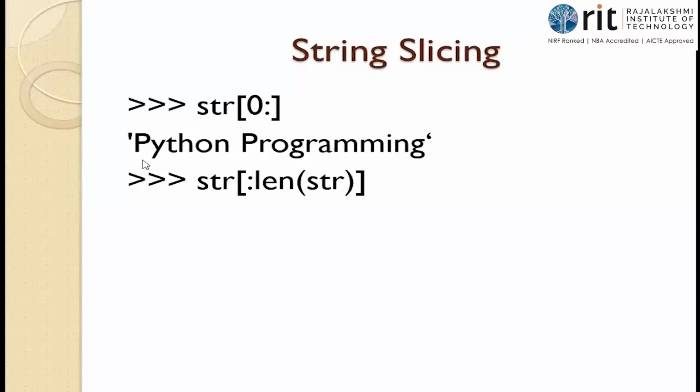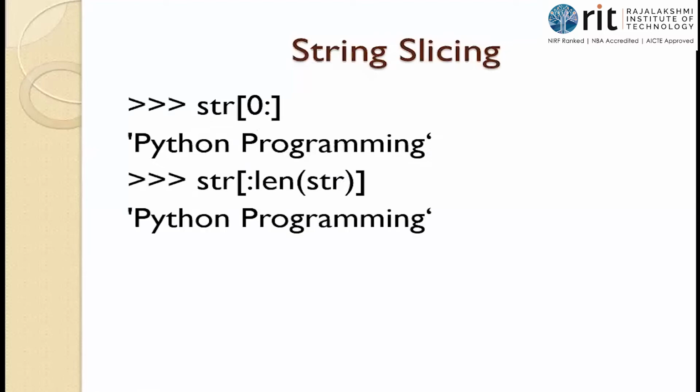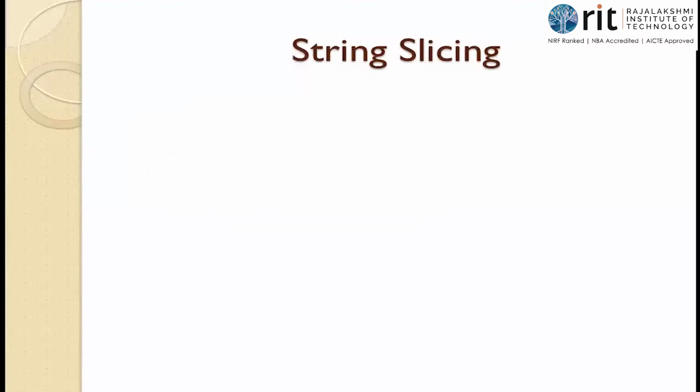Calculate if you want: 0, 1, 2, 3, 4, 5, 6, 7, 8, 9, 10, 11, 12, 13, 14, 15, 16 and 17. So they are saying to print up to 17. That is what the instruction says. Len of str colon 18, so you should start from 0 and stop with the index 17. So "Python programming" will be displayed. So, in order to print the entire string, what are the different ways? It's just to confuse the people.